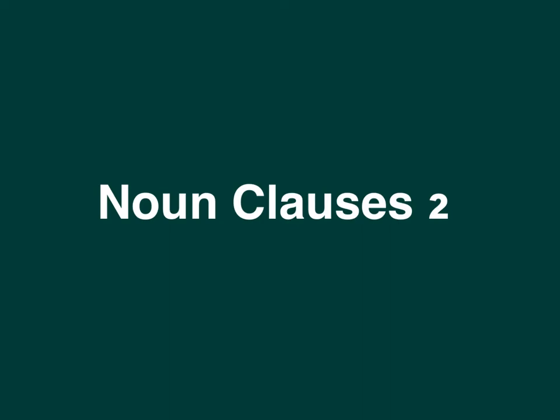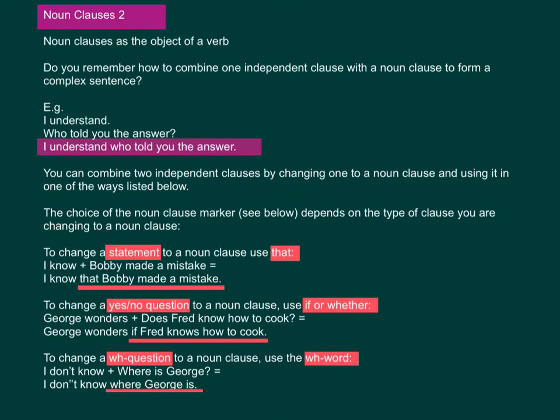Noun clauses Part 2. 上一堂我哋提過 noun clauses as the subject of a verb。今堂我哋繼續講其他 noun clauses。Do you remember how to combine one independent clause with a noun clause to form a complex sentence？你哋仲記唔記得一個獨立嘅子句結合一個名詞性嘅從句，形成一個複雜嘅句子呢？